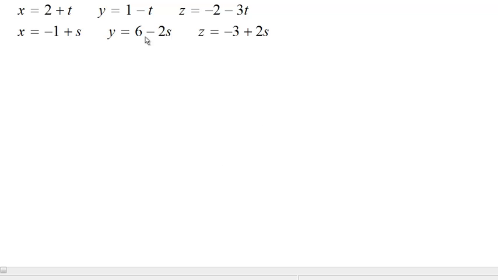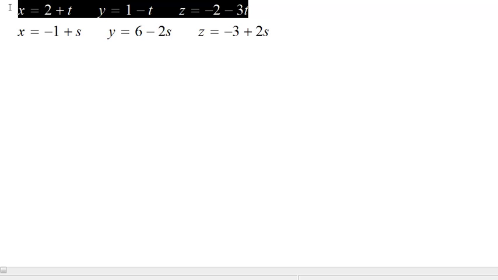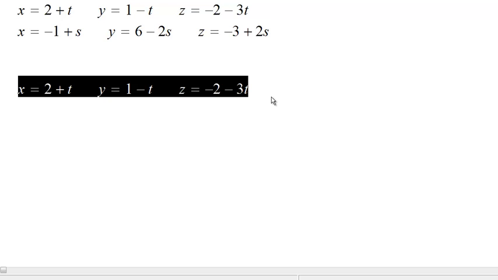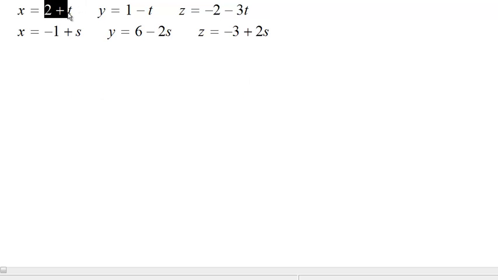So we have the equations of these two lines, and we would like to see if they have a point of intersection. So the first step would be to go ahead and set the values of x coordinates, y coordinates, and z coordinates equal. Let me erase this portion and solve for t and s